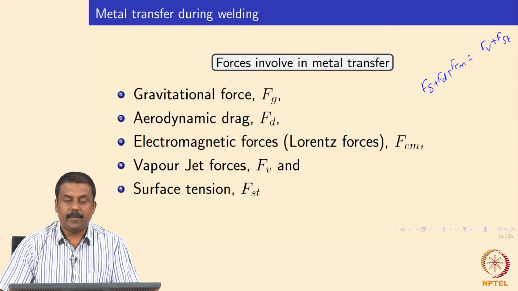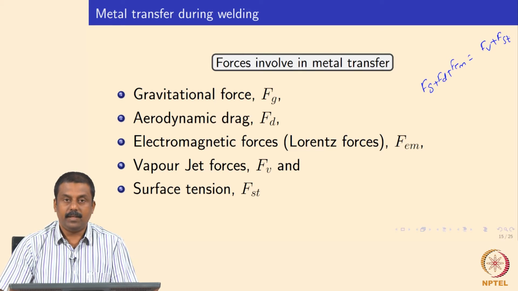For example, if a droplet grows in size big enough, so obviously mgh, the gravity, would pull the droplet down because gravitational force increases significantly. And Fd, again, Fd is determined by your shielding gas velocities, for example, or your plasma characteristics if you are doing plasma welding, or if you also have an arc force, that will also determine your aerodynamic drag force. And then the Lorentz force, obviously another important factor that determines the metal transfer and the droplet characteristics.